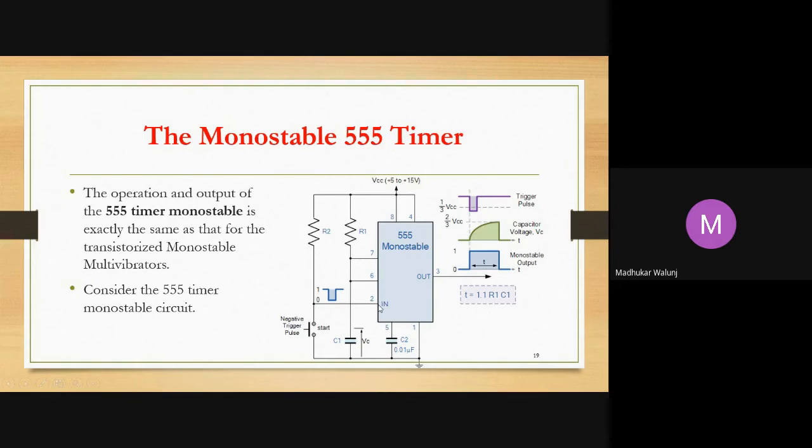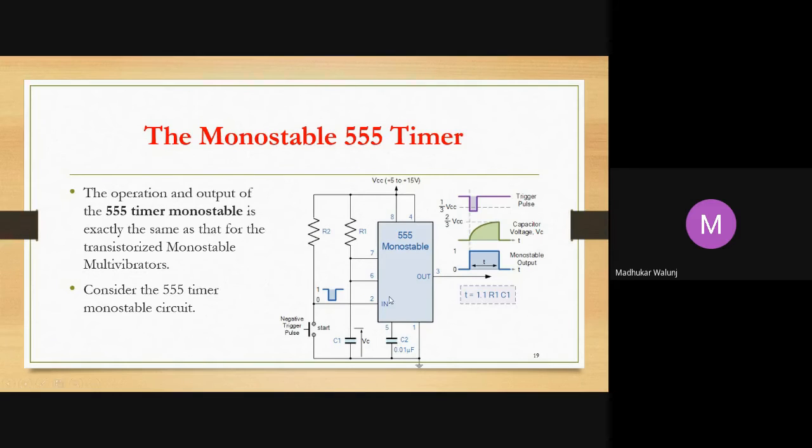As you know, pin number 2 is the trigger. It should be connected to the trigger circuit. So what is the trigger circuit? It is simple: VCC is connected to resistor R2, R2's other end is connected to pin number 2, pin number 2 is connected to the switch, and the other end of the switch is connected to the ground. So what will it do? If we press the switch, it will trigger pin number 2, so it will give us a waveform.